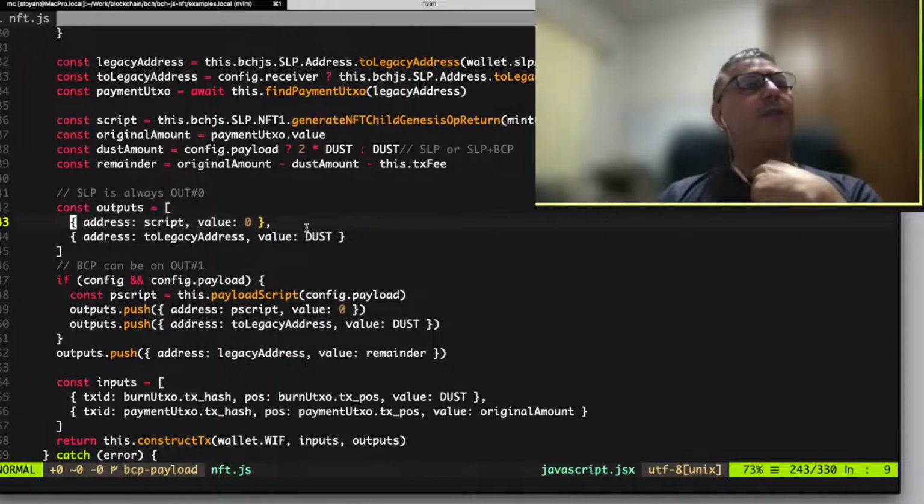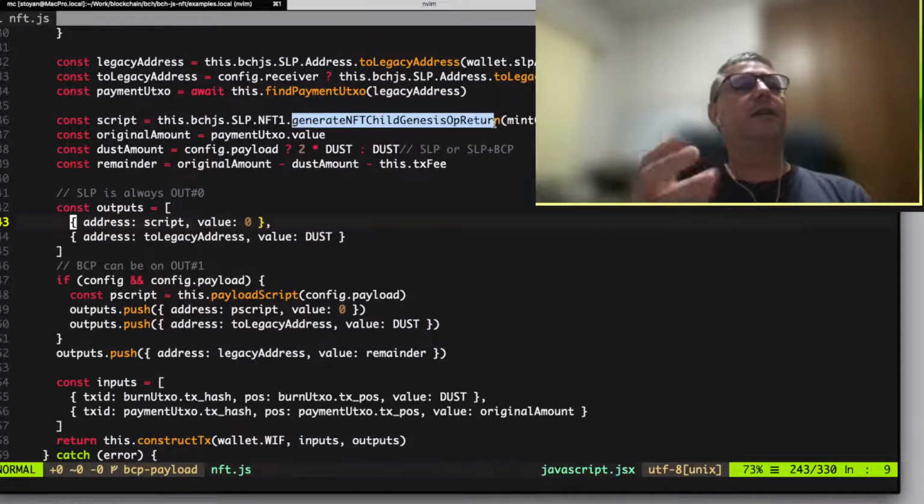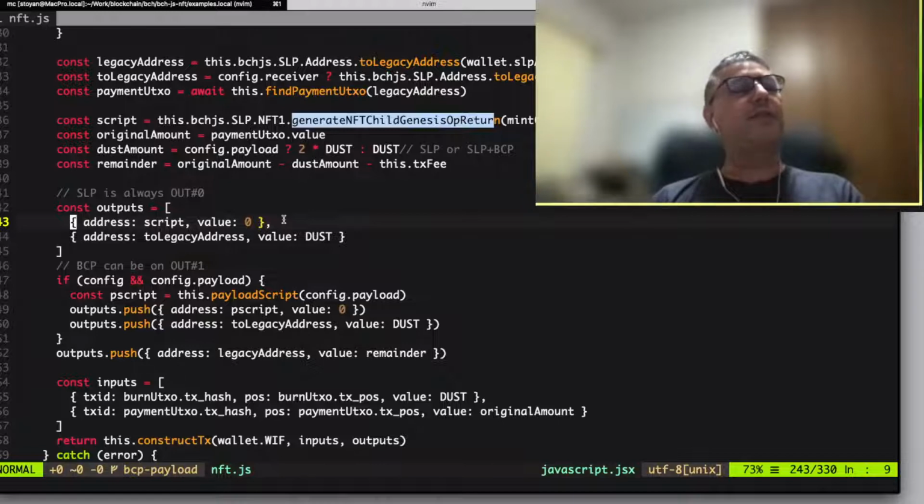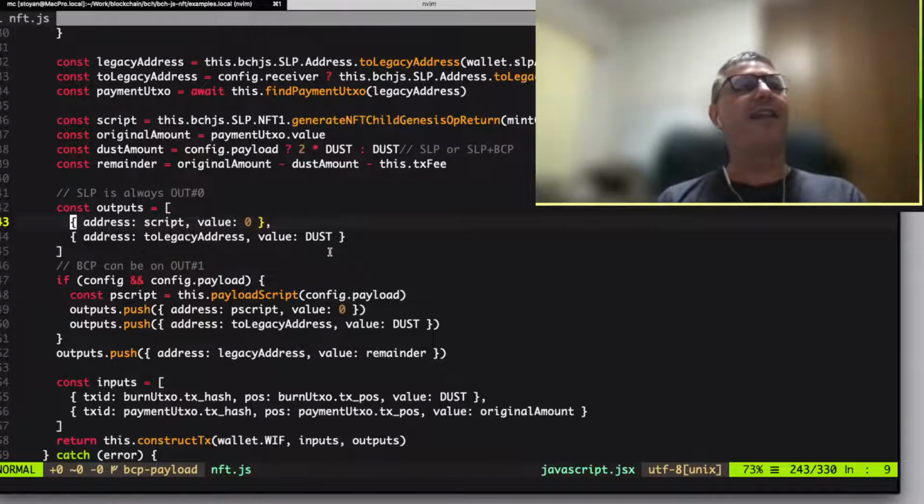For example, if it's a usual SLP token, on output 0 you just put this script, which you create with generate NFT something, and you put some dust there. And you're ready with the SLP. But I was experimenting: where should I put this second one? Should I put it after this one and have two dust outputs, or have one dust output with an amount of two dusts?